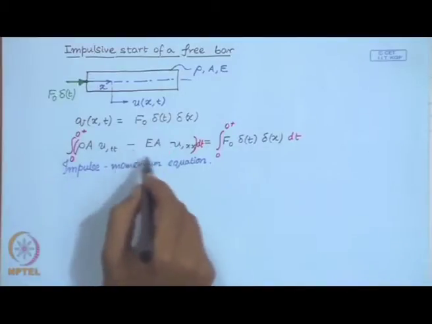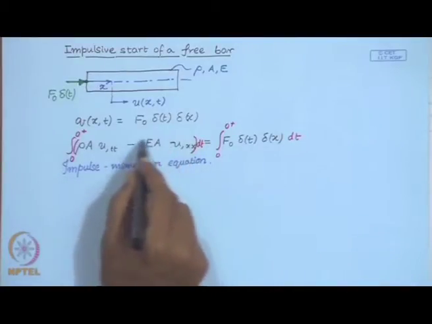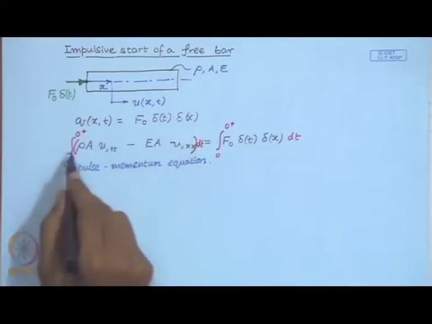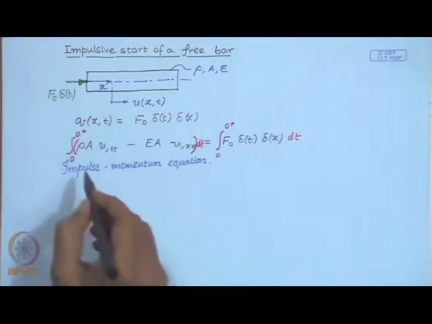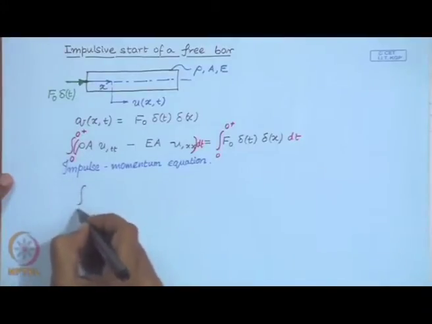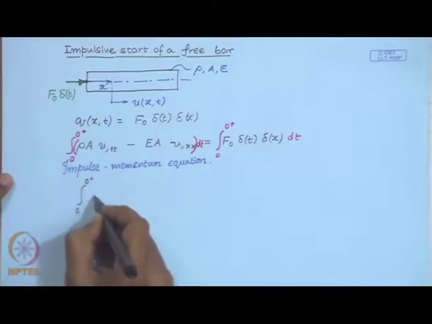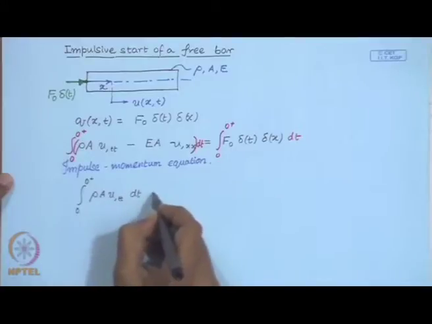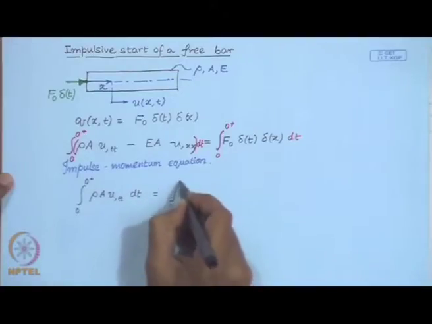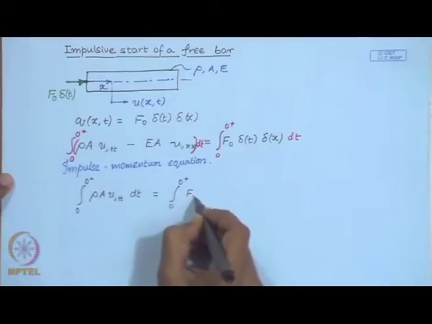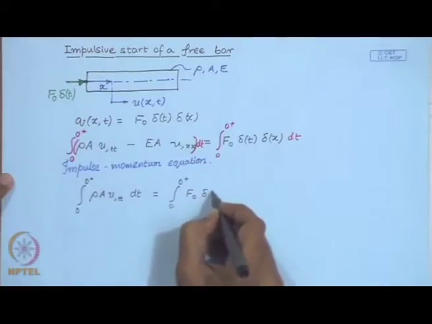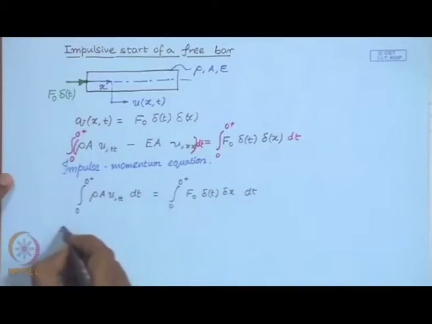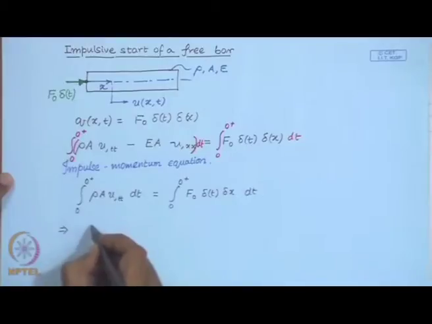We know that this term over this very small time interval is not going to contribute to this integral. So the terms that are going to contribute are these, and what we obtain immediately is